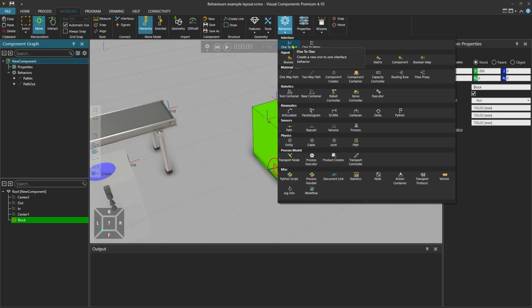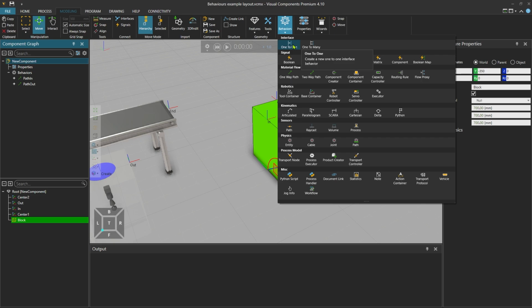These sections define what kind of data is passed through the interface. In our example, we will later use the flow field to interface the flow of products between components. Other common types include signal and hierarchical connections between two components. But by using a one-to-many interface, connections can also be made between multiple components.